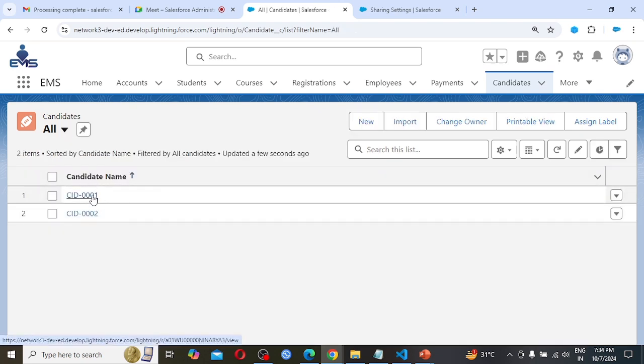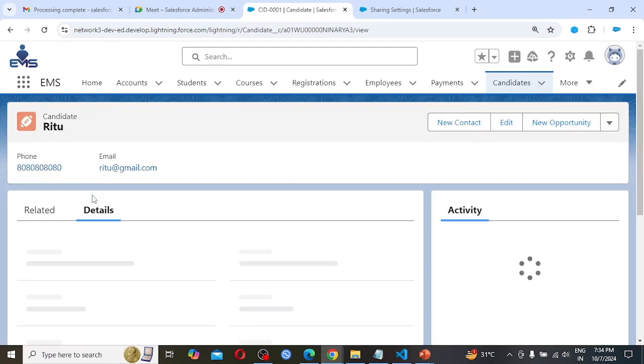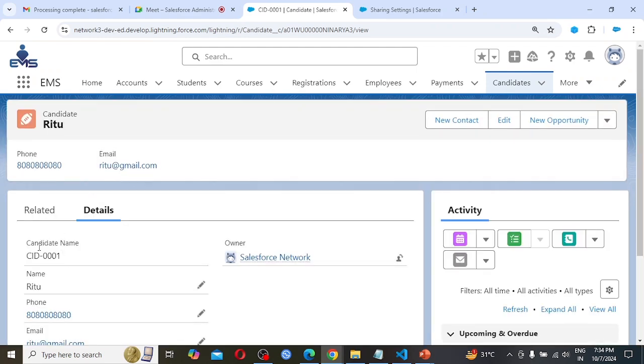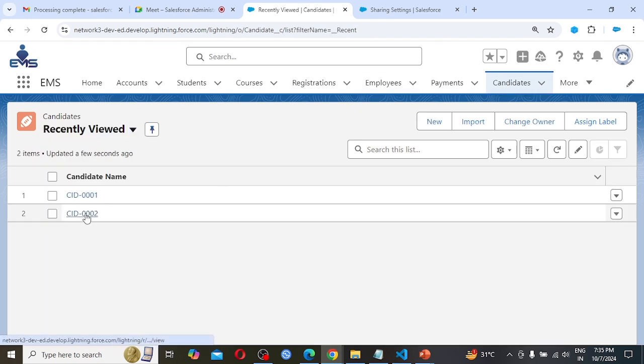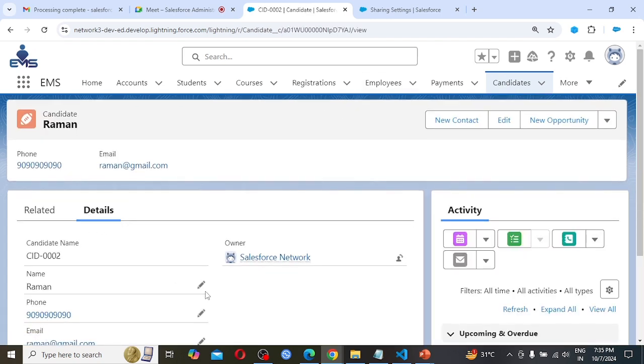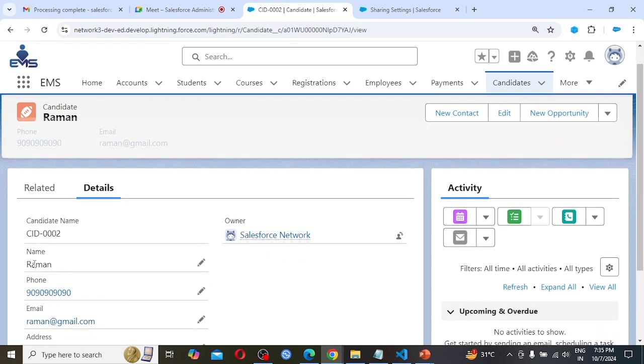Candidate ID 1. Let's click and see the record. CID 01, name Ritu, and the phone number is this one. And for record 2, candidate ID 2, the name is Raman and one phone number is there.